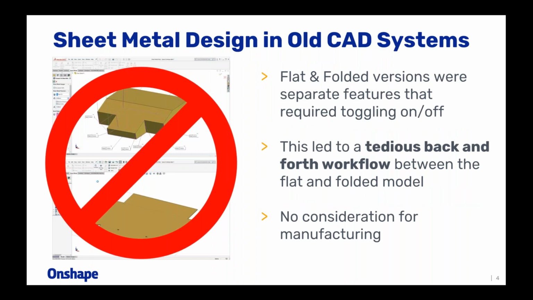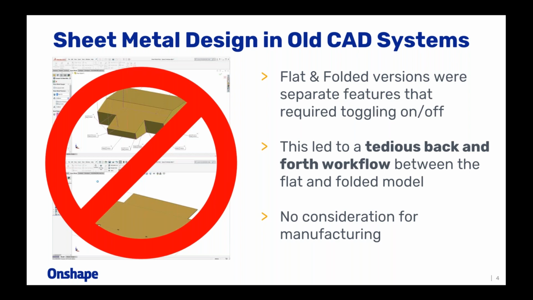If you look at the way that old CAD systems did sheet metal, it was often a state that you would go between. So the flat model and the folded model would be these switches that you would turn on and off. Oftentimes there were even features in the feature list that you would unsuppress and suppress. And so, it always led to this back and forth workflow